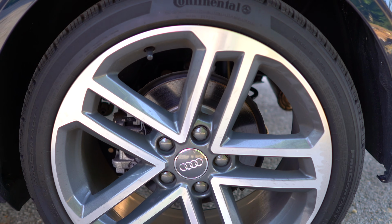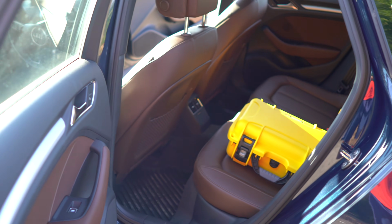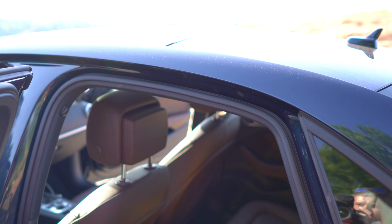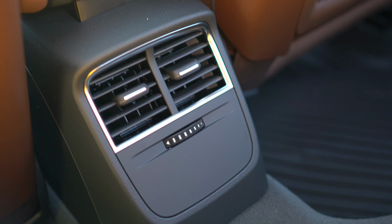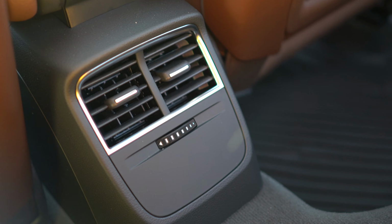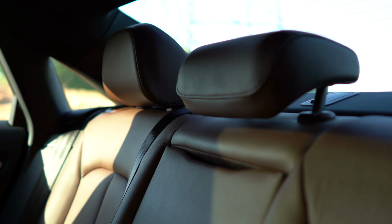I mean, you definitely know when you're in it that you're in a very, very high-end car, and that's what's so cool about the A3: even though it's their smallest vehicle, and this is just the base model of the A3, you get a lot of niceties that other manufacturers at this price point probably wouldn't include. So it's just a really exceptional vehicle. And I like smaller vehicles, so being able to get, oh,